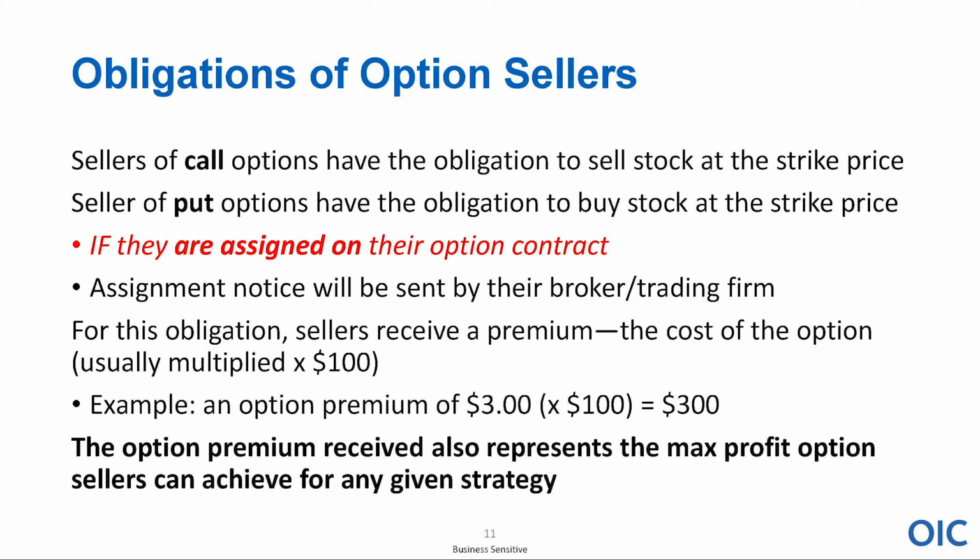So the good thing about buying options is I'm paying money, but my risk is limited to the premium that I pay. With selling options, the good thing is I'm collecting money. Someone is paying me, but I have an obligation to perform. And if I get assigned, what will happen is I sold an option, and Ed at the OIC bought an option on this particular stock, and he exercised his option, and I was assigned. I'm going to talk about that on the next slide.